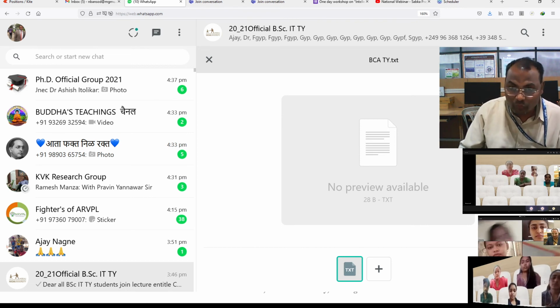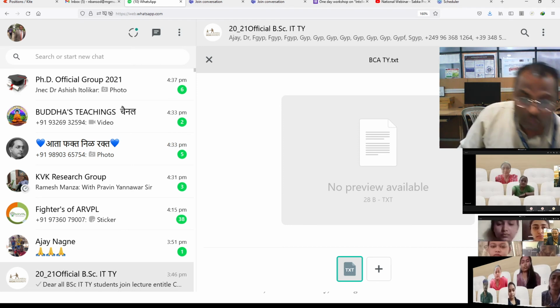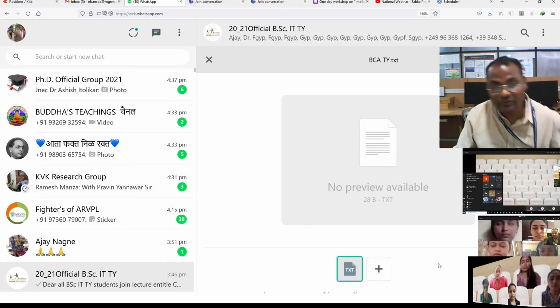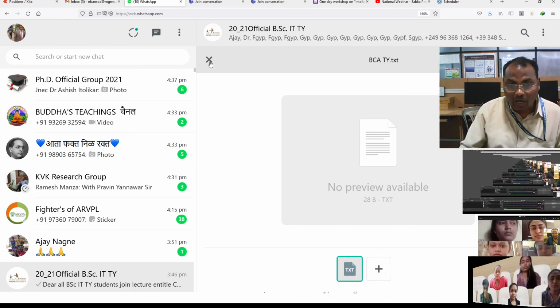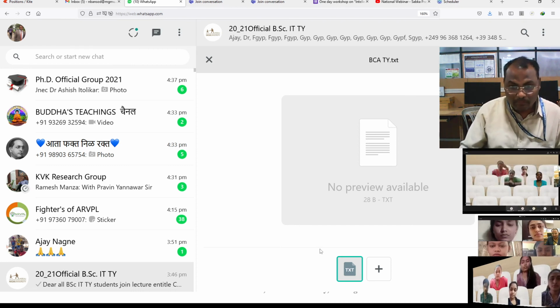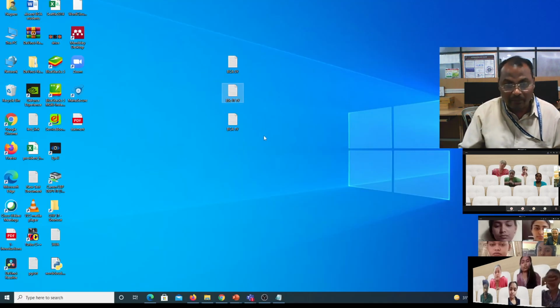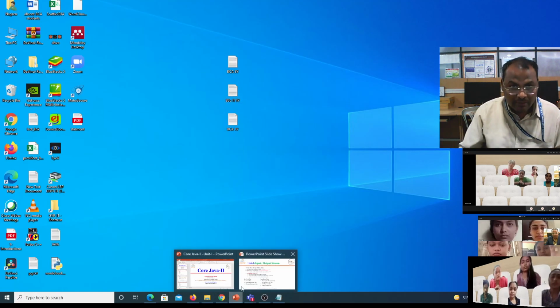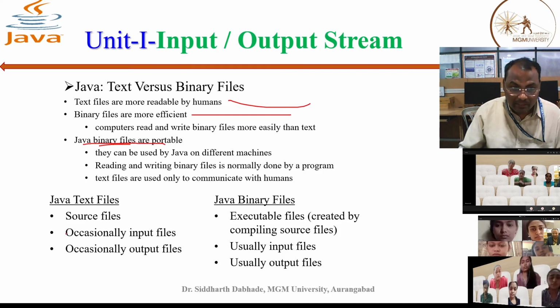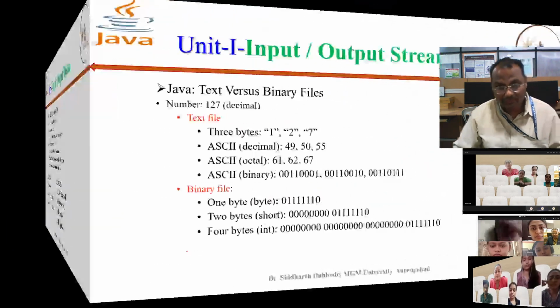You will see what is written in it, because it is a text file. You will read what message I have sent, meaning output. This happens in a text file: occasionally it becomes input and after some time it can become an output file, right?